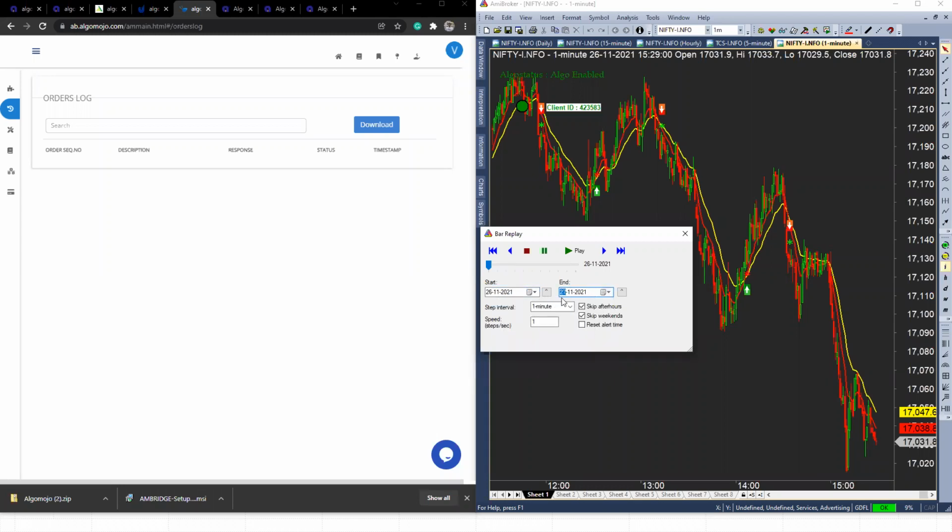Otherwise, both are 26 and AmiBroker bar replay will not run, since both point to the same day. So I'm simulating on a 1 minute time frame so that we can see at least a couple of signals. Remember, when it comes to AlgoMojo, let me give a simple example of what will happen.